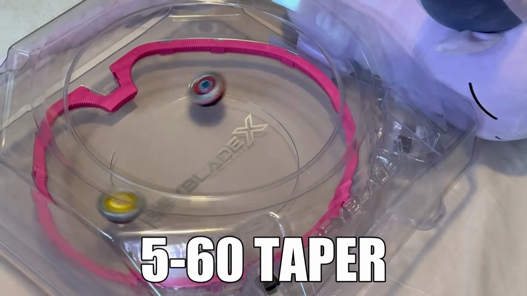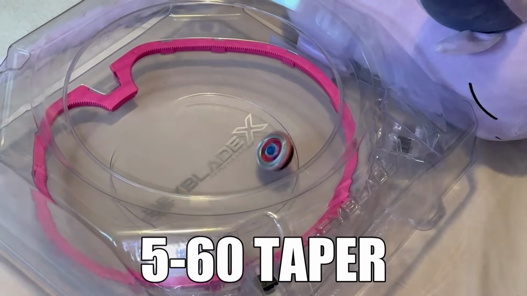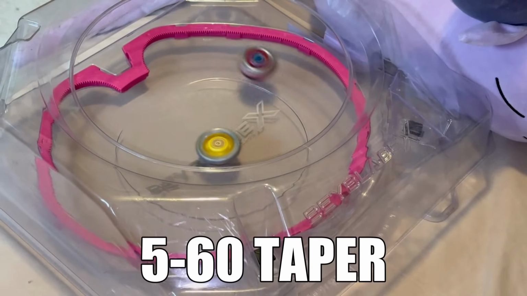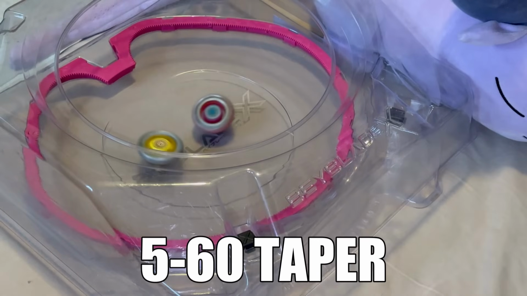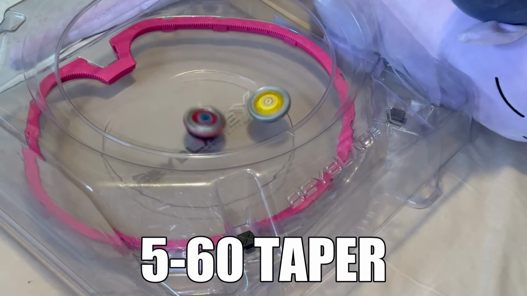Impact Drake on 560 allows it to spin longer, thus mitigating the stamina issue by a little bit, and giving Impact Drake the weight power to send the shock absorption from the rubber to the opposing bey. Taper also provides Drake a wild movement around the stadium, though do be careful as this is prone to self-KOs